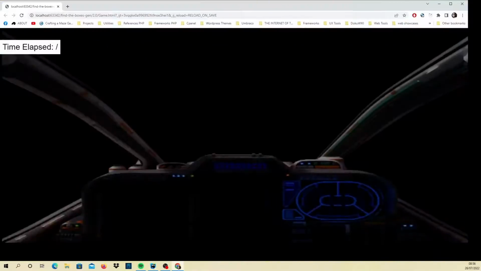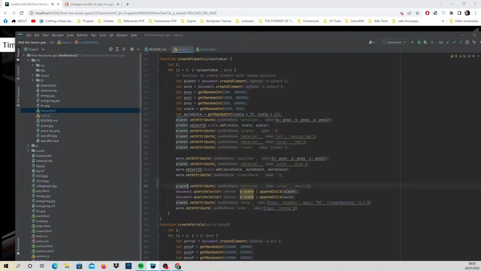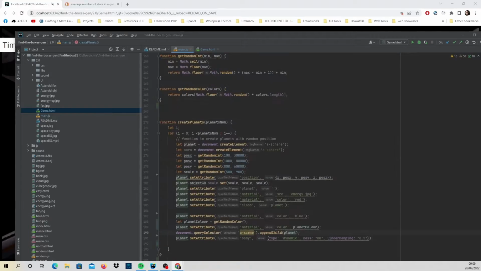Started working on the scene again. I had to remove some of the lights. I was trying to add lights before, and I'm still doing that. Playing around again with some of the